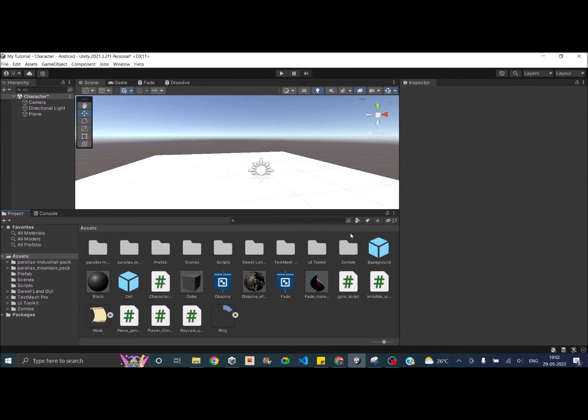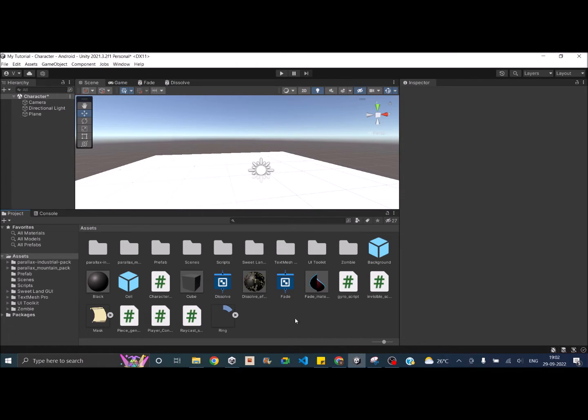For example, you have a hero and you need to create another hero with different health, different damage, and different characteristics. So then you can just create a hero scriptable object and then create more hero game objects based on that scriptable object. So we'll take this example and we'll go ahead and create a scriptable object for a hero